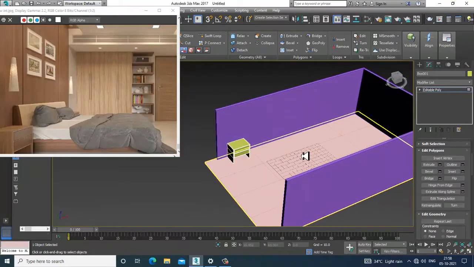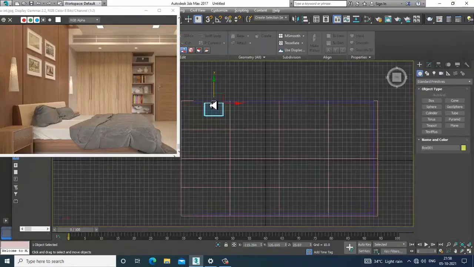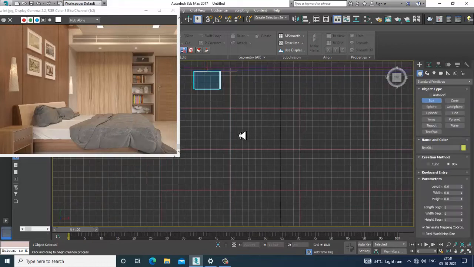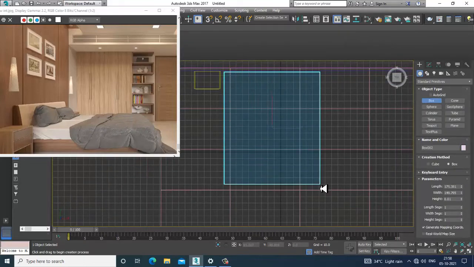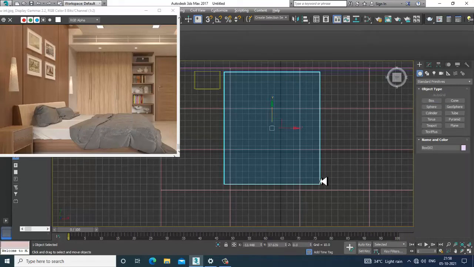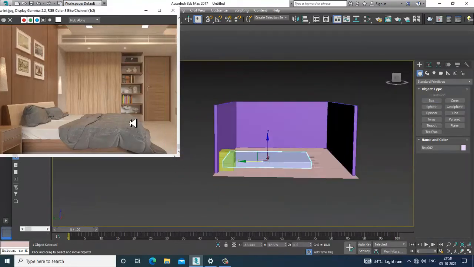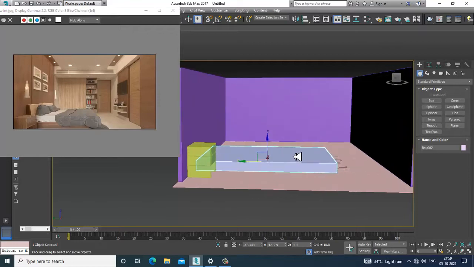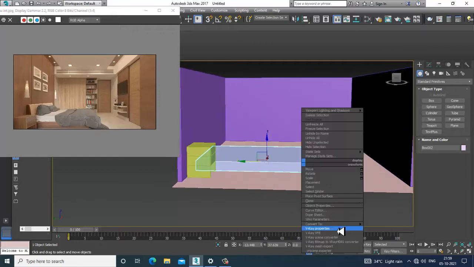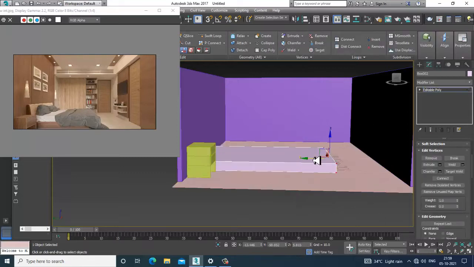Let's go to the top view over here. Let's take a box. So convert to editable poly. Slightly push it inside.